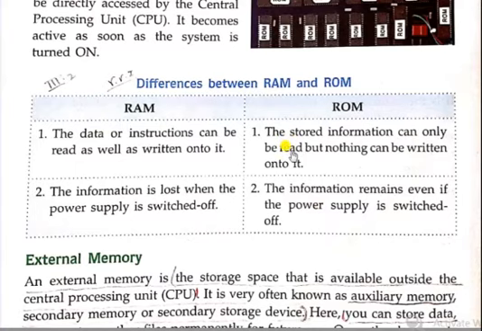So today we have discussed memory and its types. What is memory? Memory is the basic unit of computer where data and instruction are stored for processing or further use. What are the types of memory? There are two types of memory: internal memory and external memory. What is the full form of RAM and ROM? RAM stands for random access memory. ROM stands for read only memory. Understood? The next day we will study about external memory.